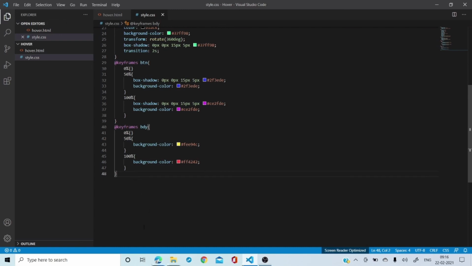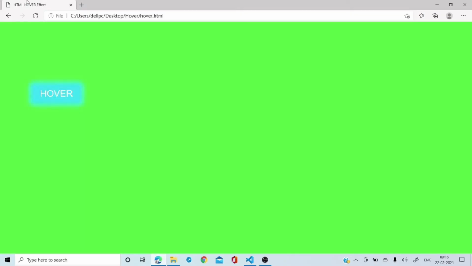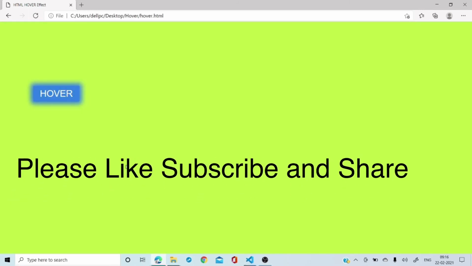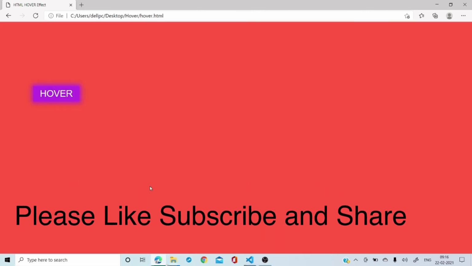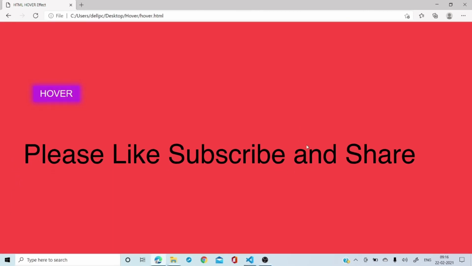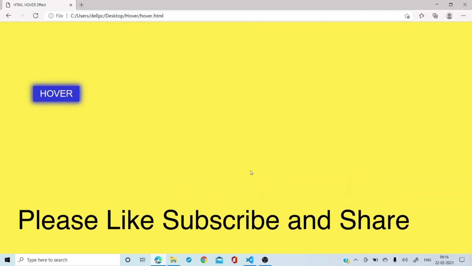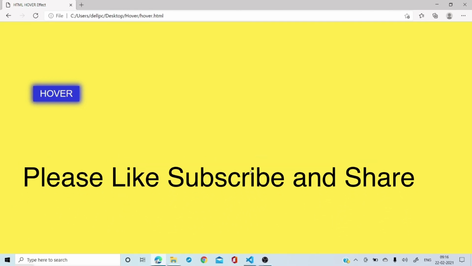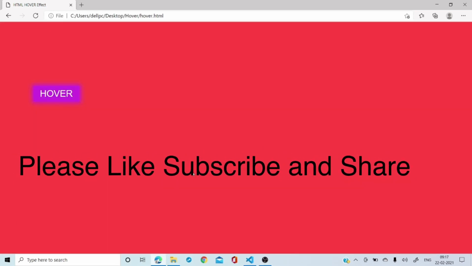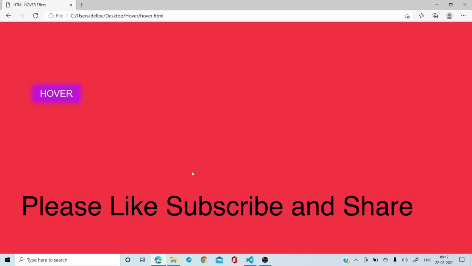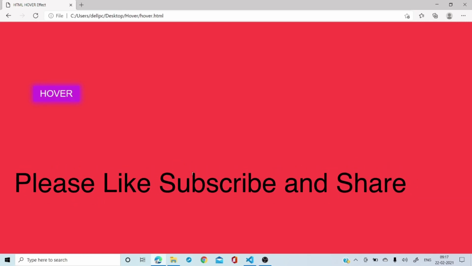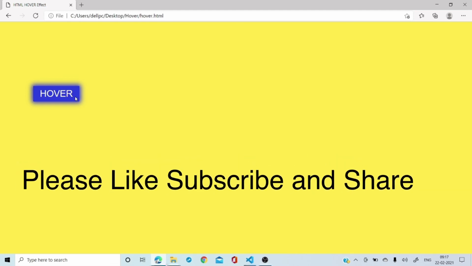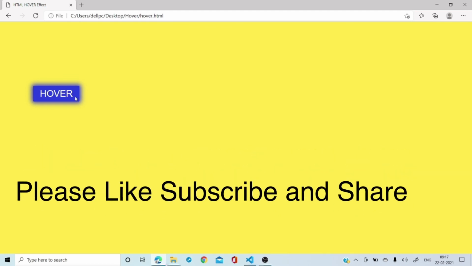Okay, now see the effect very carefully. When I refresh the page, oh, can you see green, yellow and red? Can you see the background color is also changing? Green, see the initial one, then yellow and then red. And can you see here also? When you click here, it is like hover using 360 degrees as well. Okay, like this.